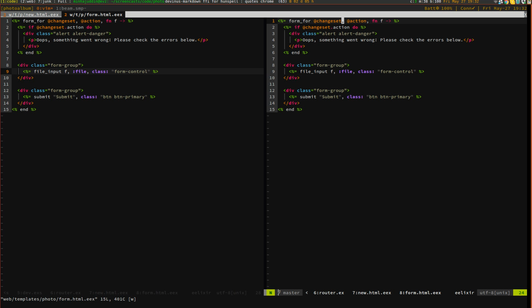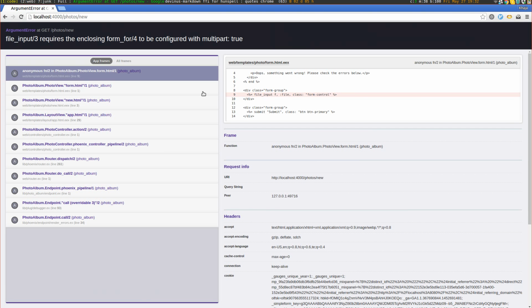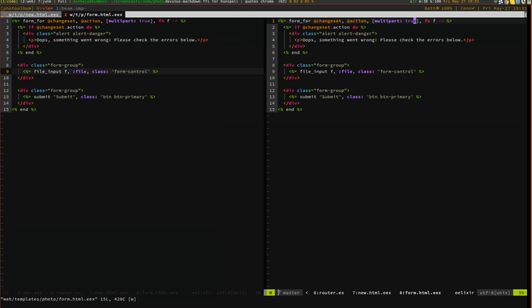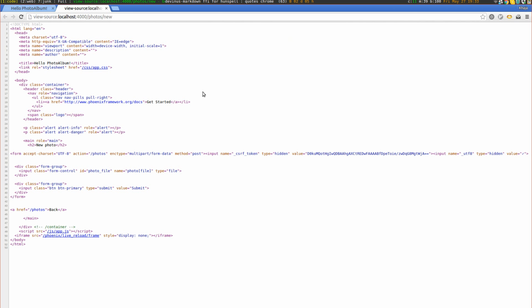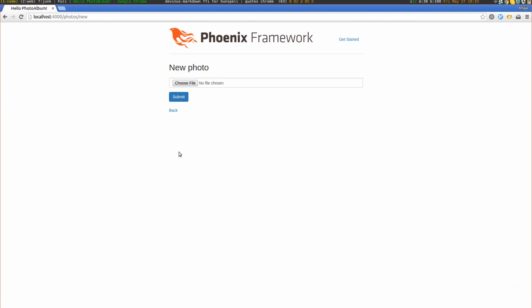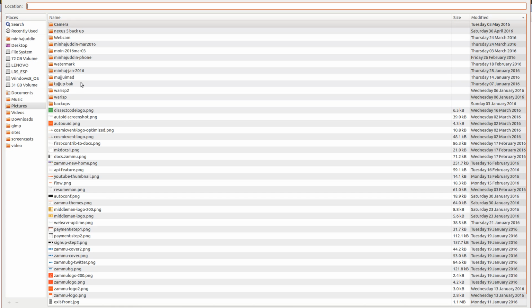So this is a very nice and useful error message. If you have file inputs and you don't have multipart encoding on the form, then the file is not going to be uploaded. It's really not going to be uploaded, and you just get the file name. So Phoenix gives us a very helpful error, and once we fix this, that error should go away, right? Now if you see, the form has the encoding type multipart/form-data, because if you don't have that, you cannot have a file input element. If you have it, it wouldn't really upload the file, it would just send the file name, which is useless. So anyway, now that we have that, let's select the file, go to pictures, select a